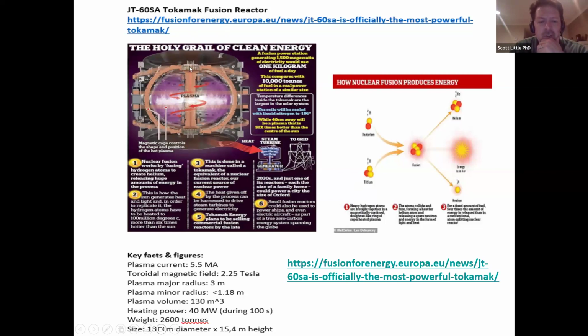And in the core of that is where they have the radioactive material, which is being superheated and then driving this generator here at the bottom that's producing that heat, which is, again, going to the steam turbine generator, and that's what's creating the electricity. And so this is how a fusion reactor actually works.